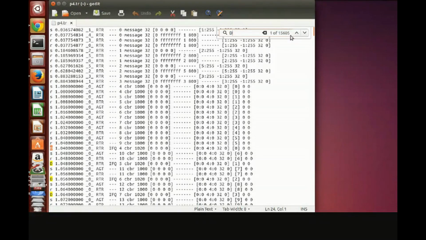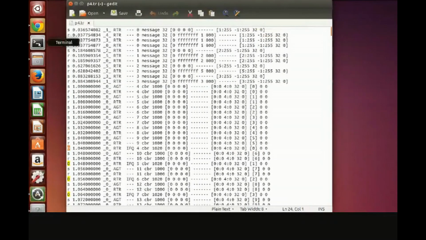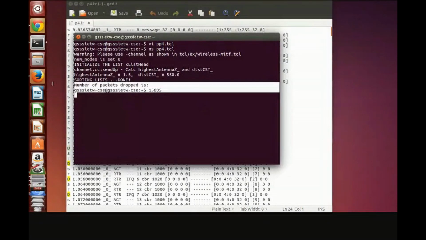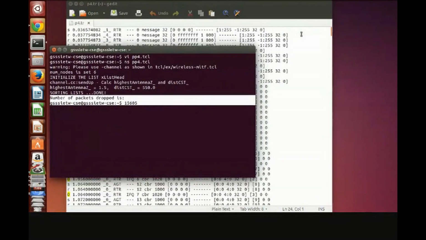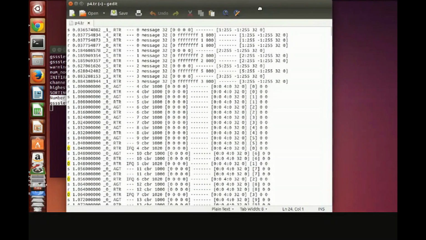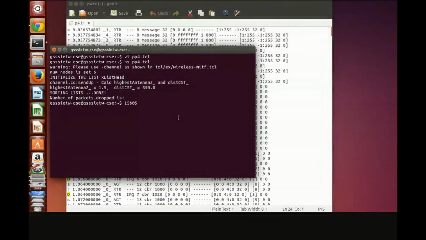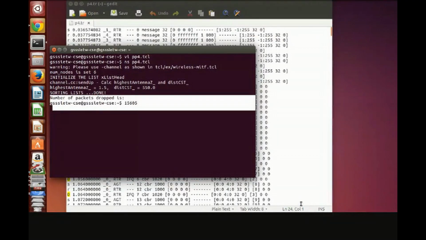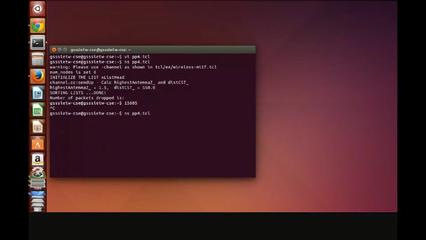Now let me write the awk file. Let me create the awk script. My count is correct now. Let me start with the awk file. I'll just close this one. So vi, I'll give the file name pp4.awk.